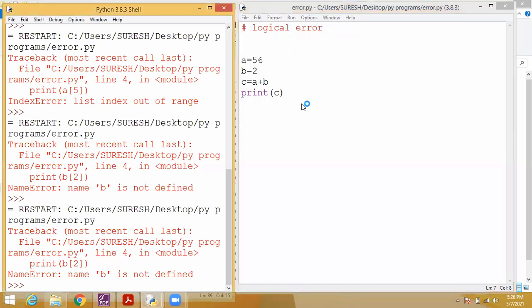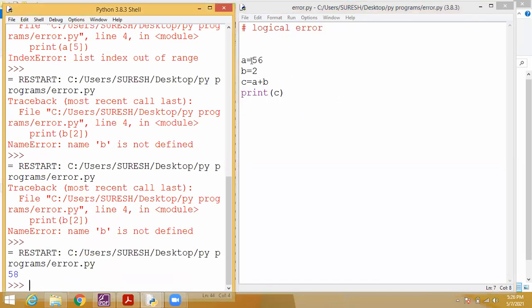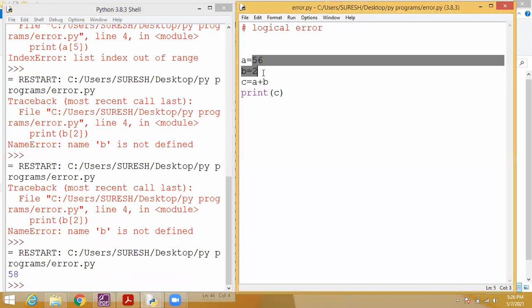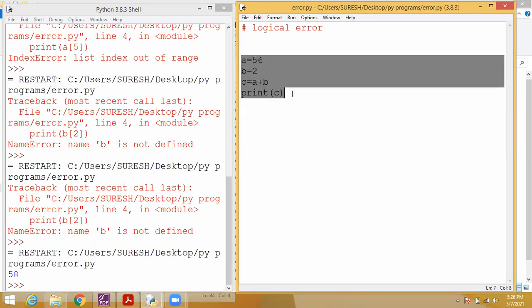That is called a logical error. See, I need 112 as the answer, but here I got the addition result because I made a mistake here. Don't think, sir, this is an error, simply you can change it. Don't think for small programs. Just think of bigger programs, like a 100-line program or 1000-line program. You made some simple error in the program. You have to correct your error because no one can find these logical errors. You got the output wrong. Students, understood what is logical error?